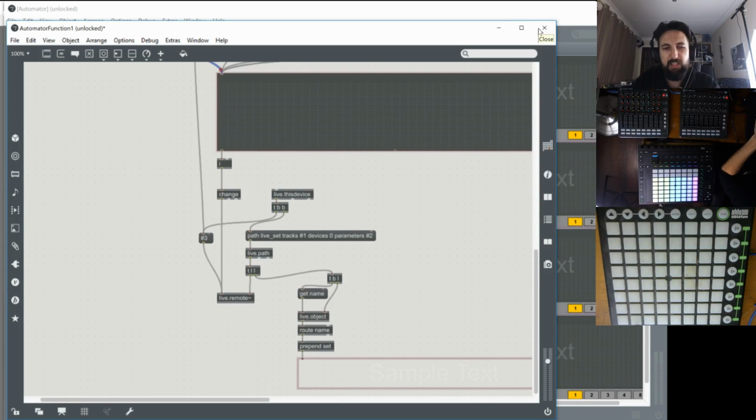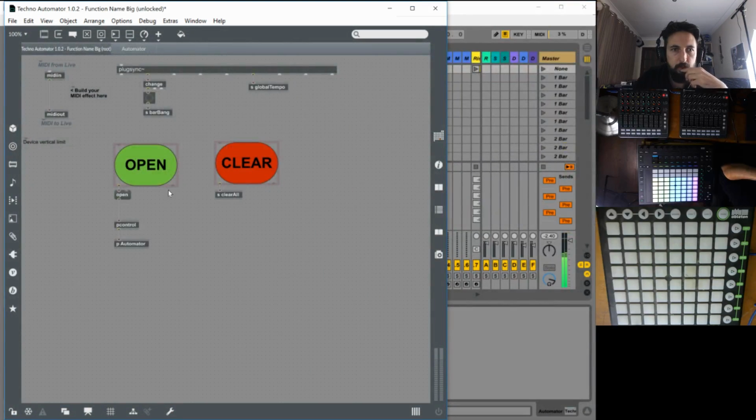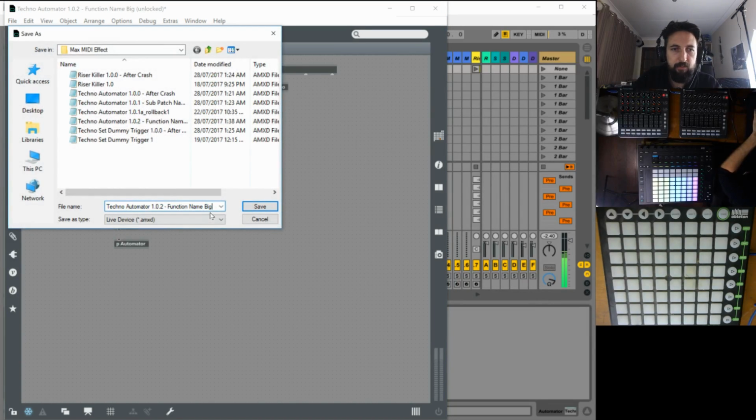So again, I'm breaking my rule here, but I'm just going to save that automated function 1 like so. Close it down. Actually, let's open it up again. We have to wait till we freeze it and save it. So let's freeze it, and we'll go Save As. See, I'm getting faster now. Save as